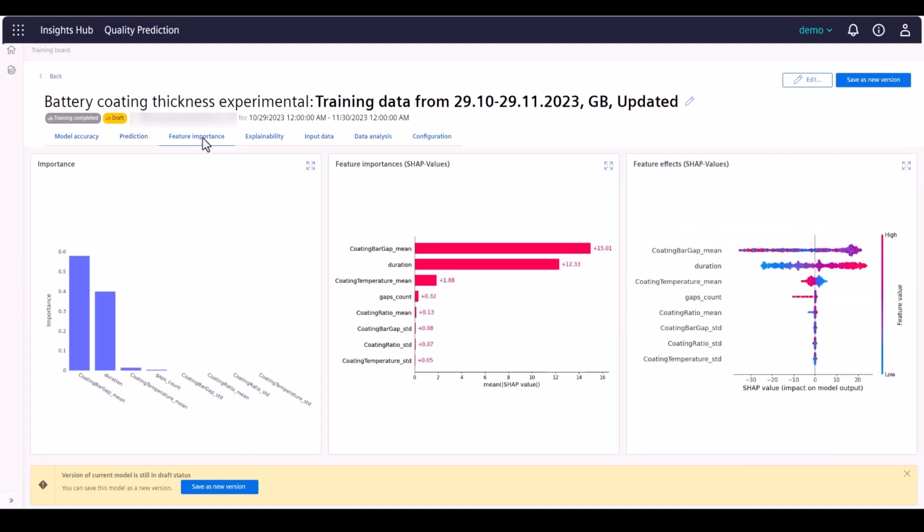In the Feature Importance chart, important information about the factors influencing the quality result can be reviewed and analyzed. In particular, with two methods, the importances are calculated. The importances are showing what factors out of selected inputs really influence the quality result, which parameter has the most influence, and which parameter has almost no influence on the quality parameter. In this case, these three parameters have the most impact, and the remaining parameters have almost no impact on the quality results.